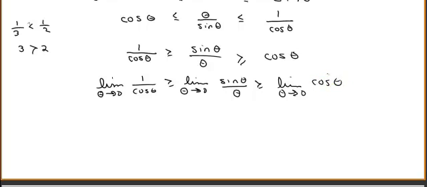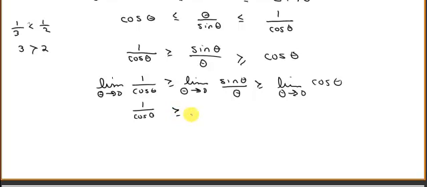Now, of course, as theta goes to 0, cosine of theta goes to 1. Cosine of 0 is 1. Cosine is continuous everywhere. So we could say that this is 1 over cosine of 0,